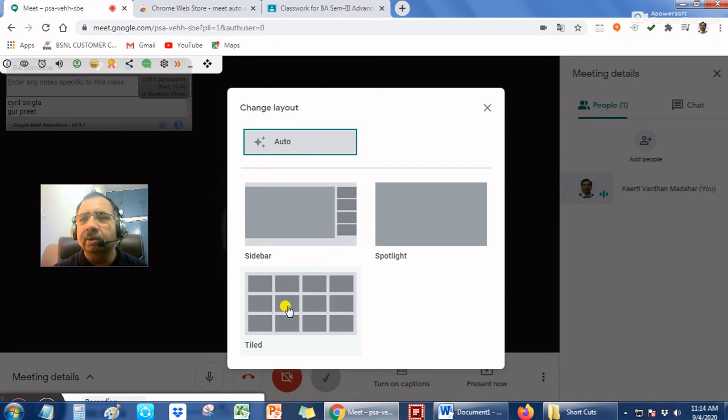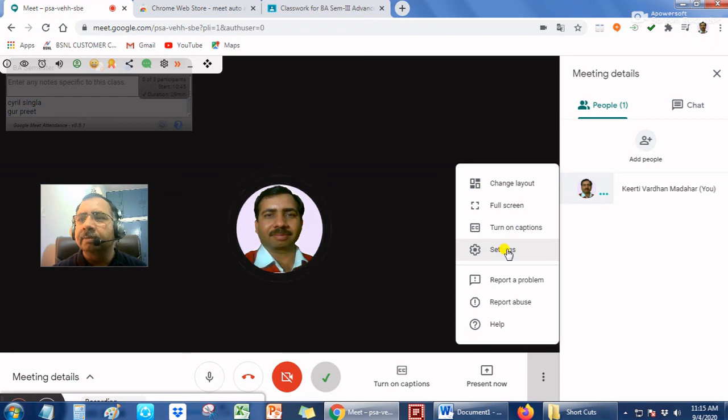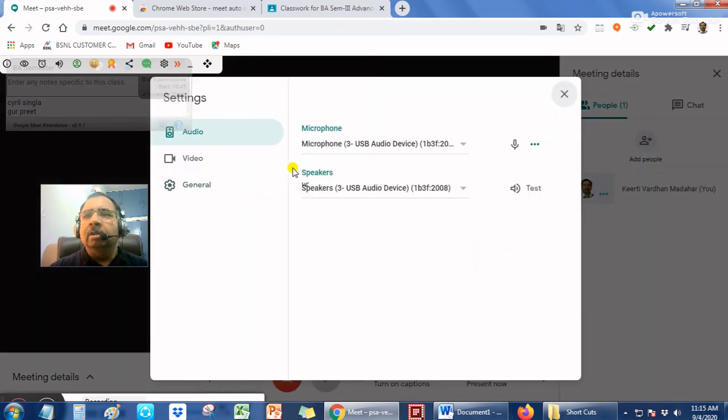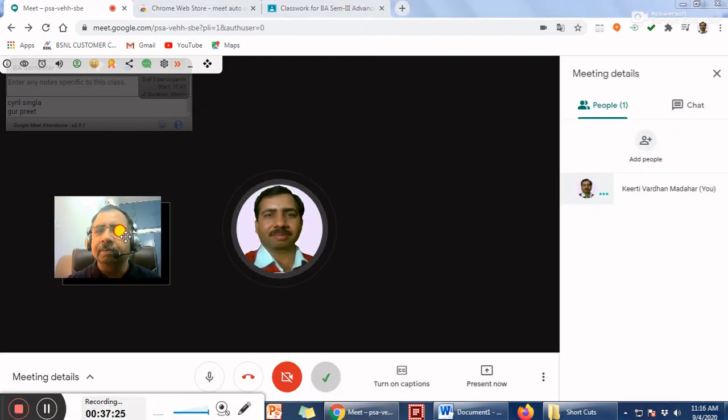The more students will be accommodated. Here only you will be able to see 4 or 5. Here you will be able to see 16 students at a time. If I press on settings, so here I can select microphone, speaker and video things, and this is all about